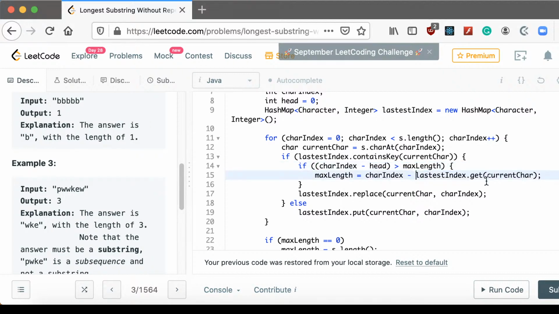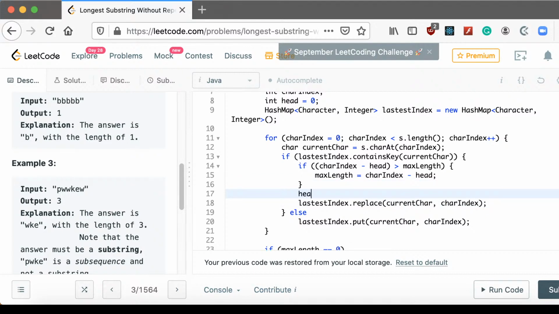And then here, head, and we replace it with the lattice, and before that we set head to the lattice index of the current character plus 1, and then we will replace it,